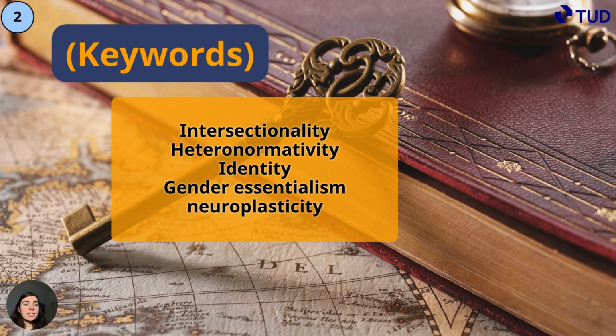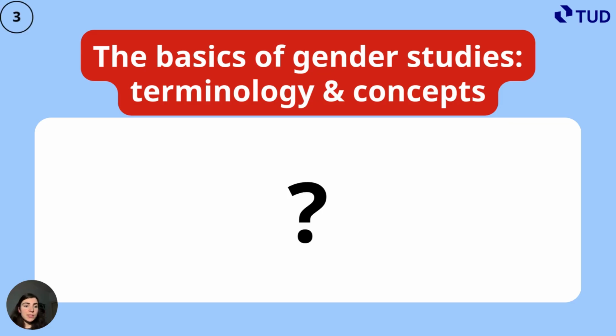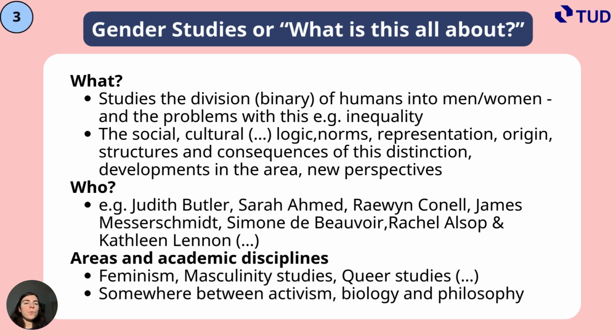Now, let's delve head on into the topic: the basics of gender studies, terminology, and concepts. First, what is all this about? We can say that gender studies departs from the study of the division of humans into men and women. Here we have a binary distinction, so twofold, and also the problems that come with that. Because if gender studies studies the social and cultural aspects, logic, norms, representation, origins, and so on and so on, with regard to this binary distinction of men, women, we quite soon arrive at the conclusion